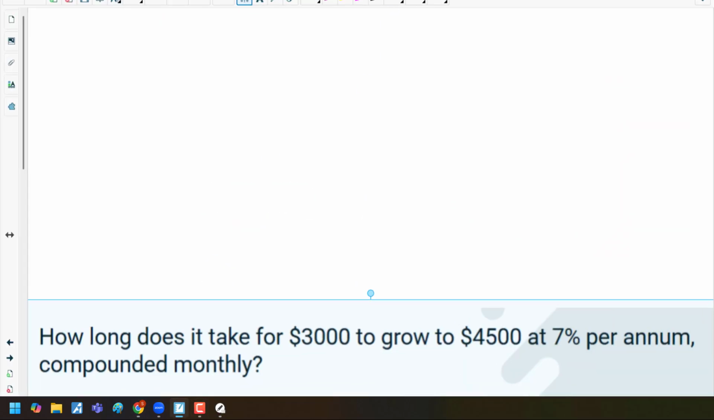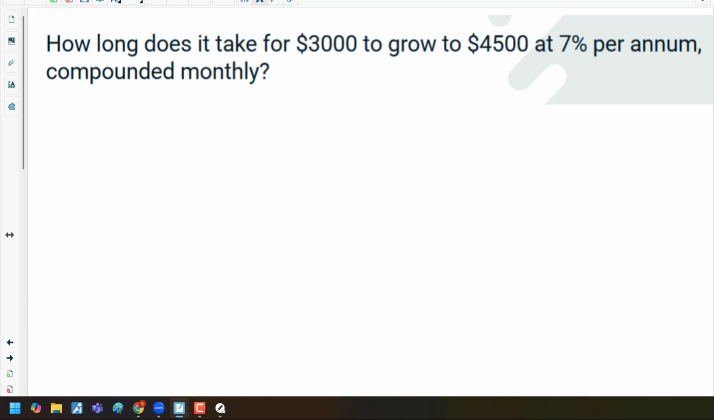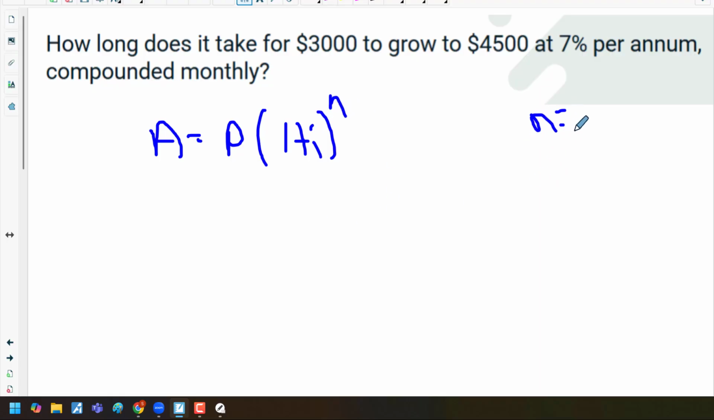Here we have another example. How long does it take for 3,000 to grow to 4,500 at 7% per annum, compounded monthly? Very similar question as the previous one, except we're looking for how long. So A is equal to P times (1 plus i) to the power of n. Remember, n is equal to your t in years times your j value, and j